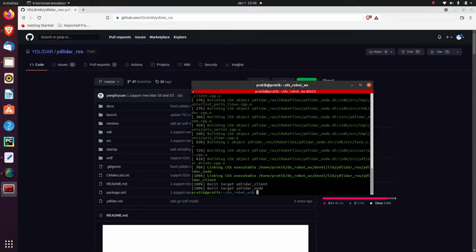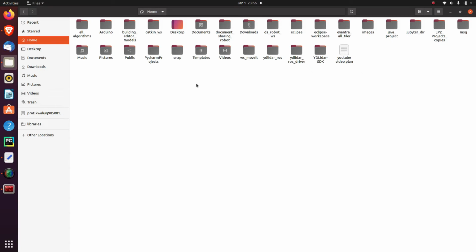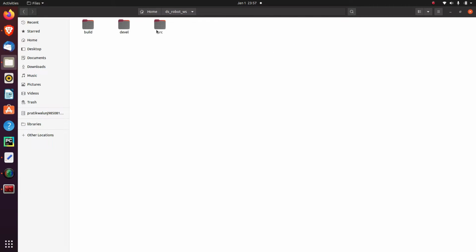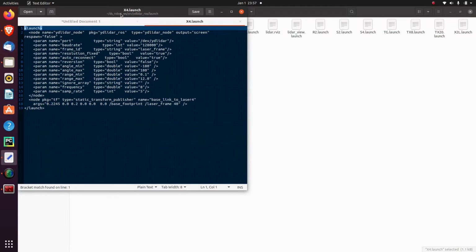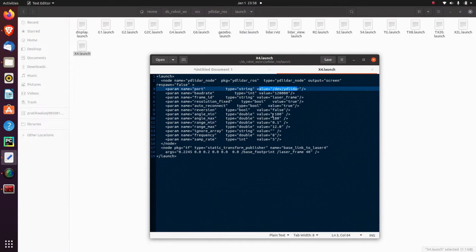Now there is some configuration. As this is the X4 model of YD LiDAR, I'm going to go into my workspace, source, ydlidar_ros. In the launch folder you have to edit the file x4.launch. The most important thing in this launch file is the port name.